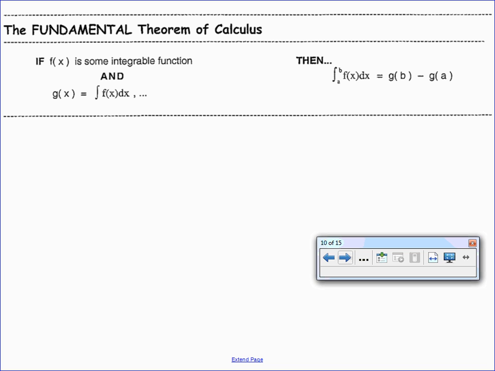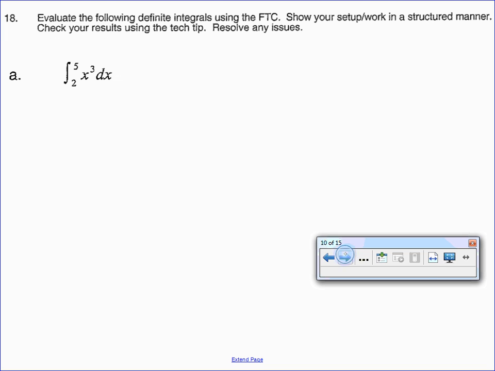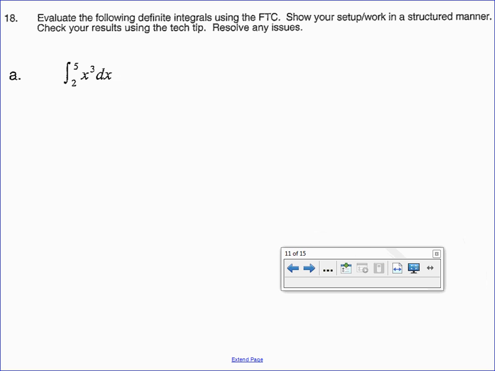So we've got a fundamental theorem of calculus now. If f is an integrable function, that means there's an antiderivative for f, and it's called g, then we can get the exact area in between my function f and the x-axis over some interval a to b by finding the antiderivative function g, evaluating at the upper limit, evaluating at the lower limit, and subtracting the two. Now we have a means for evaluating a definite integral, which represents the area underneath the curve, exactly and algebraically using an antiderivative, without having to use any sort of tech tip or trapezoids or rectangles. That's what is so powerful about the fundamental theorem of calculus.